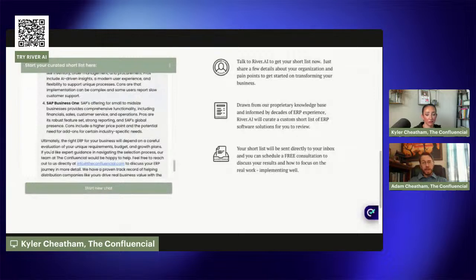For less complex organizations, things like NetSuite, Business One are going to be more rigid in saying, this is how that process is done in this software, and you don't have a ton of options. That's not a bad thing. It's not a good thing. It's just a thing, right? It's what do you need in a software and how do you